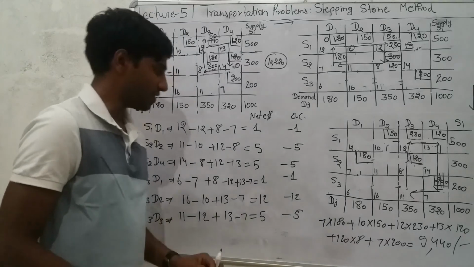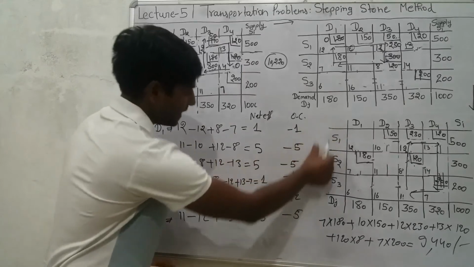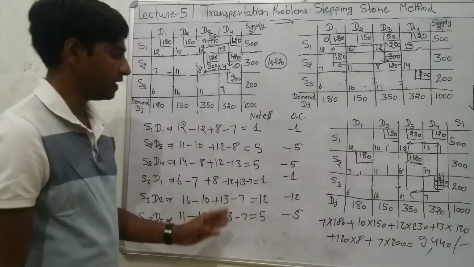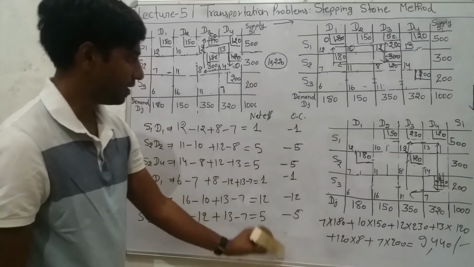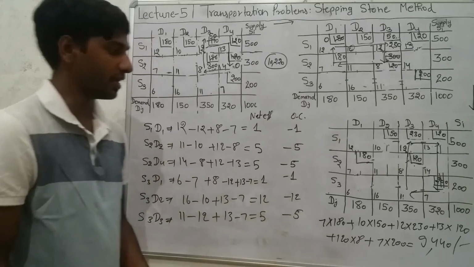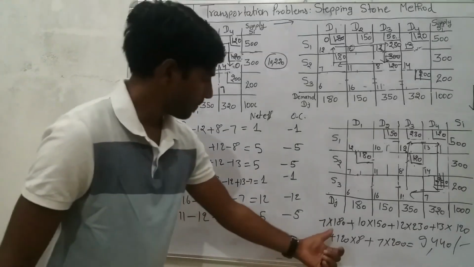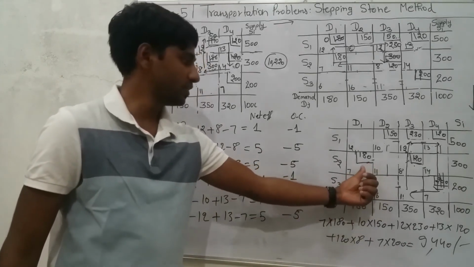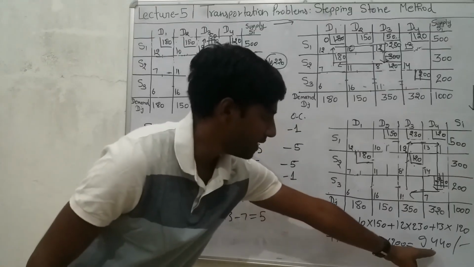So finally we got the optimal solution of this problem, because what is the condition of optimality? That all the opportunity costs of the empty cells should be negative. Only in that case our solution would be optimal. So fortunately we got the optimal solution, because all the opportunity costs of the empty cells are negative. So now we can calculate the total cost of this transportation problem by simply multiplying the cost per unit to the xij, that means units allotted to that particular cell. So final cost would be 9,440.